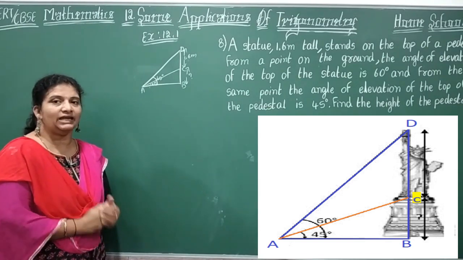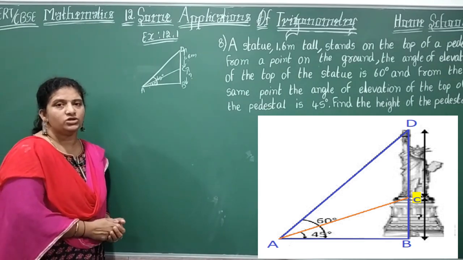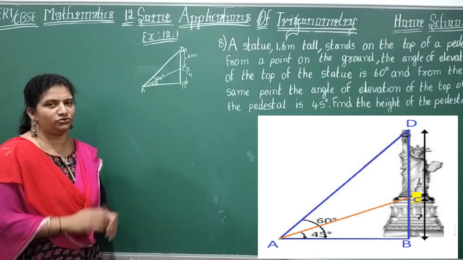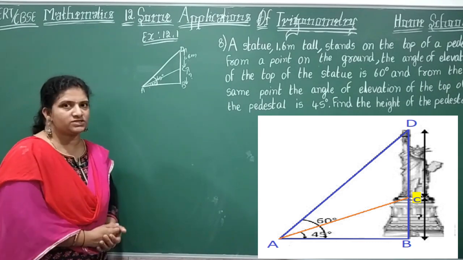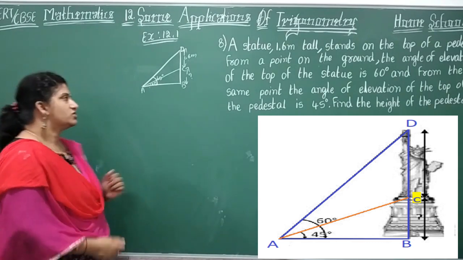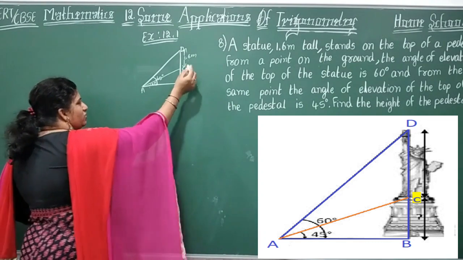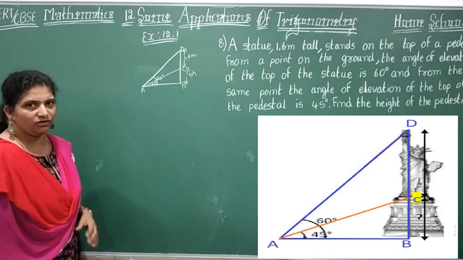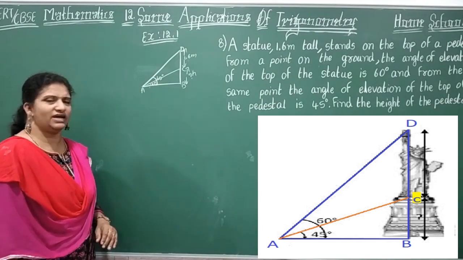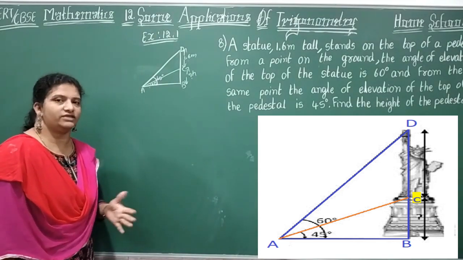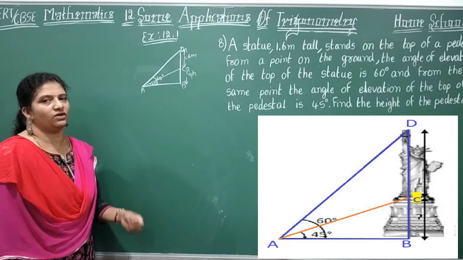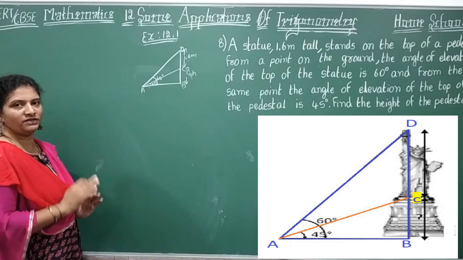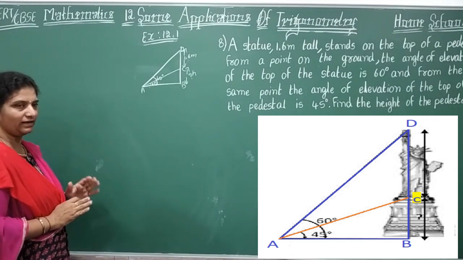So for that I need to form into a ratio. Either I may take hypotenuse or adjacent, your wish, you can take anything. So let me choose here tan theta, right? Now I need to find the height of the pedestal. You can write it as h, or x or y, your own letters. Let me assume here height of the pedestal h, that I need to calculate.